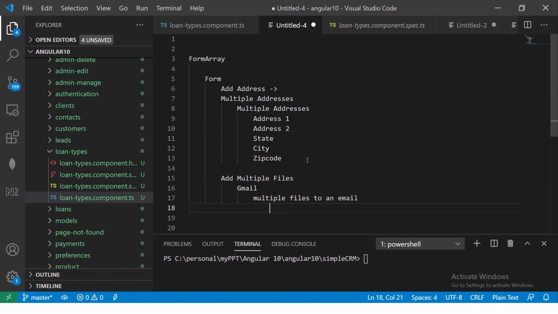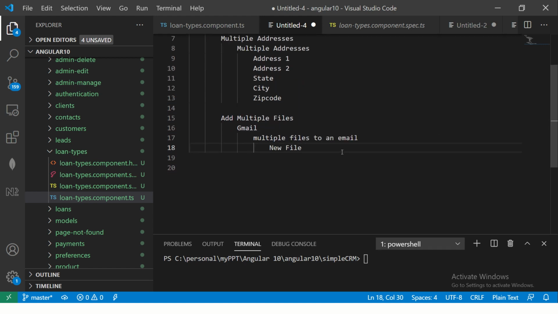So whenever we click on add new file, it's giving you a new form control, and it's giving us an option to add new file. One more example I'll give you. If you go to say Instagram or Facebook, you can add multiple fields like websites. Let's say link your websites. You click on add website, it will give you an input text box where you can add one more website